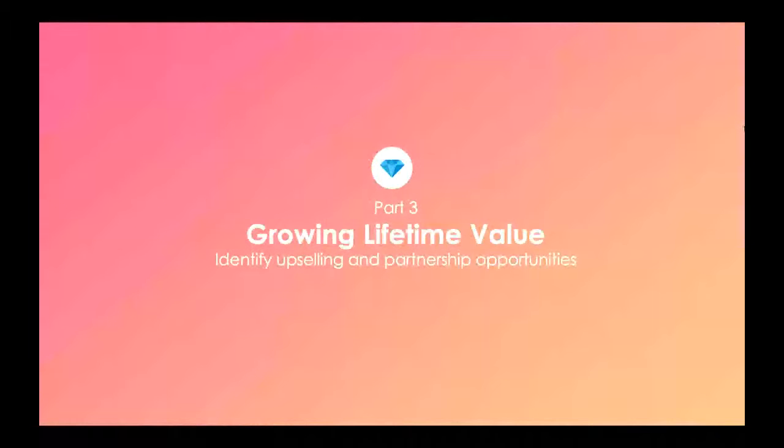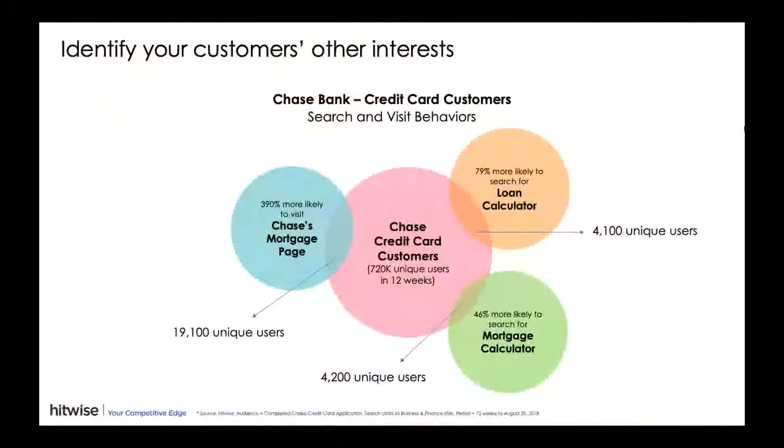Now that we've covered how to acquire new customers and raise conversions, let's discuss strategies for boosting their lifetime value. In this next example, we'll look at the world of retail banking. Start by leveraging existing customer data to discover what else customers are interested in. Chase can start by determining what other services their credit card customers are seeking online. Here we see that Chase credit card customers are interested in loans and mortgages based on their searches for loan